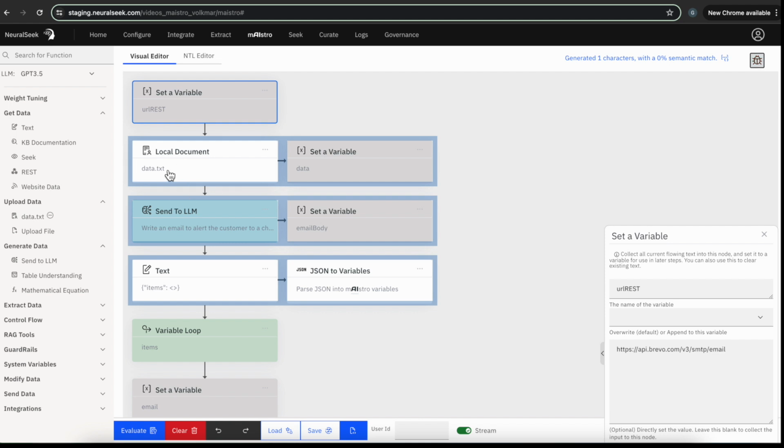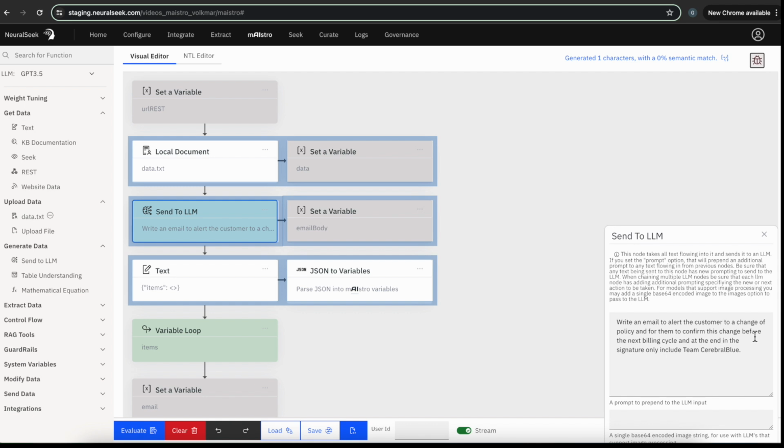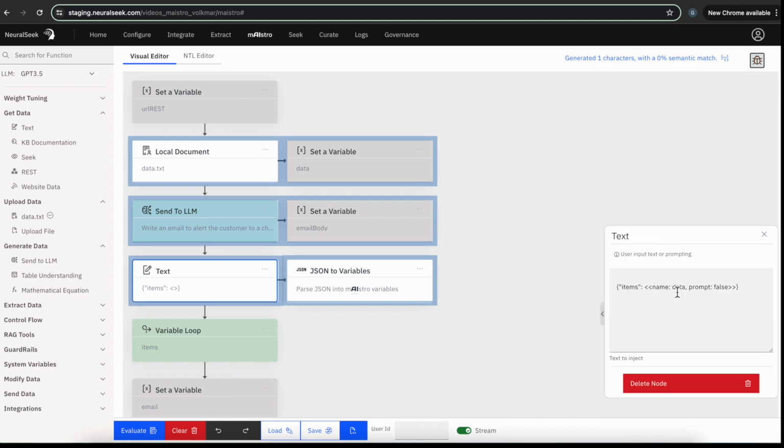We then send this data.txt file into the LLM, and we give it the prompt to write an email to alert the customer to a change of policy. This is just an example. And the LLM will then produce a response to this prompt, and then we will store that response as the variable email body. We will then take the data.txt file and store it as data, and then we will parse